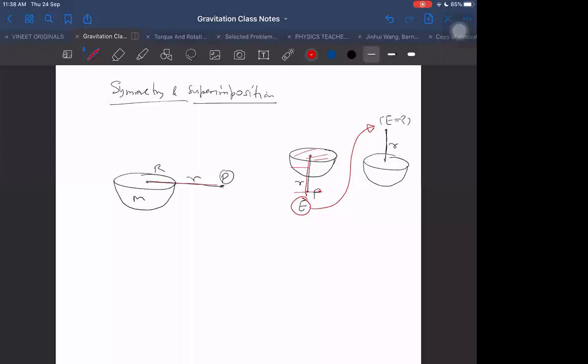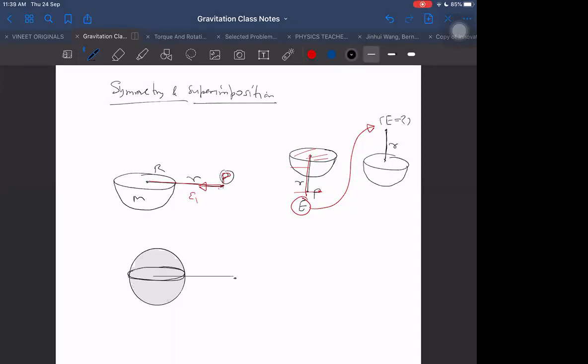What about for this particular case? At P, can you tell? We can tell horizontal here. And what will be that horizontal? I can tell because I will think this way, that if I take another such identical hemisphere and I cover it from the top, then what it will become? It will become complete solid or not? Yes, sir. Complete solid. And if it becomes complete solid, then I know the formula for that. Yes, sir. GM by r squared.